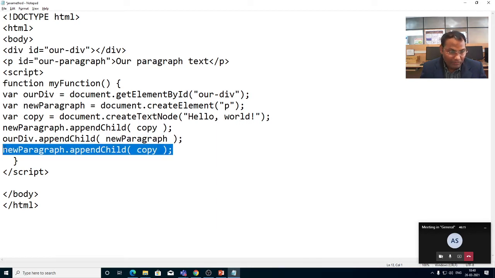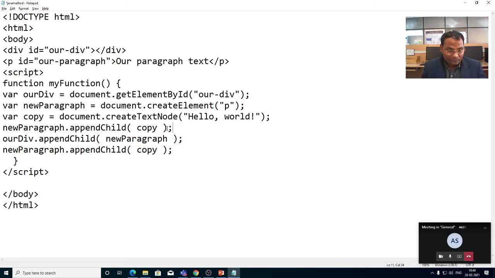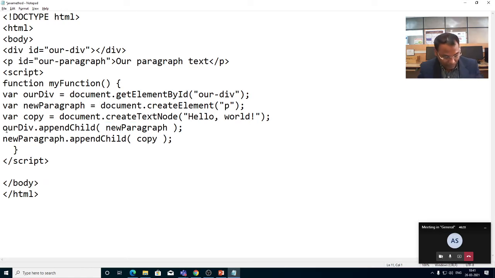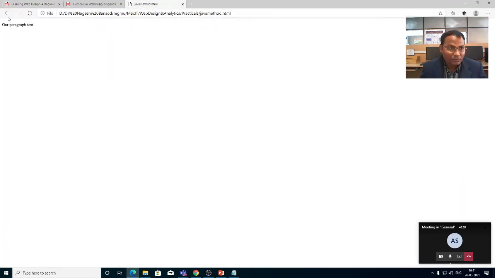New paragraph, copy. Now see the output. Is there any change that happened?